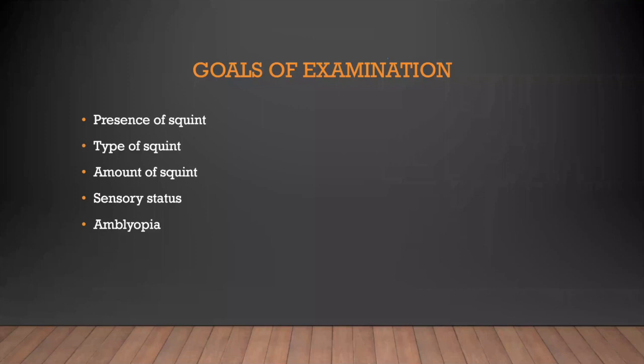Also, amblyopia we want to establish, because what is amblyopia? Firstly, amblyopia is basically a lazy eye. That means the vision in one eye is lagging behind. Okay. And this can happen because one eye is not viewing because it is deviated away from the normal visual axis, and hence it is inhibited or suppressed. So we need to treat the amblyopia.